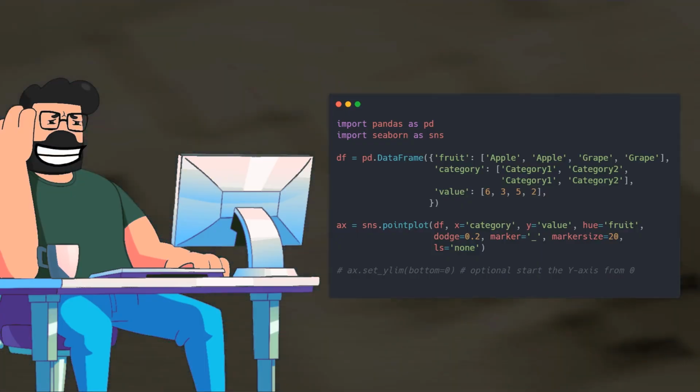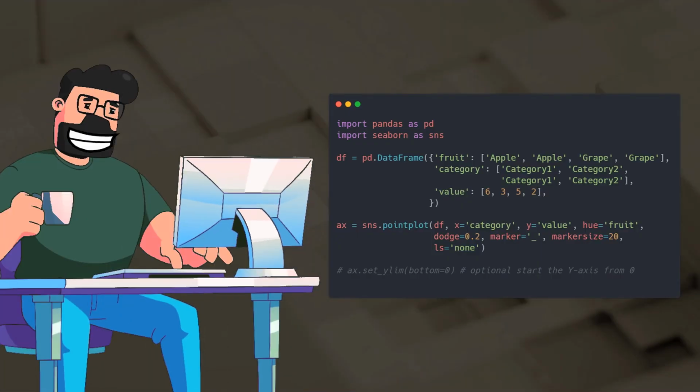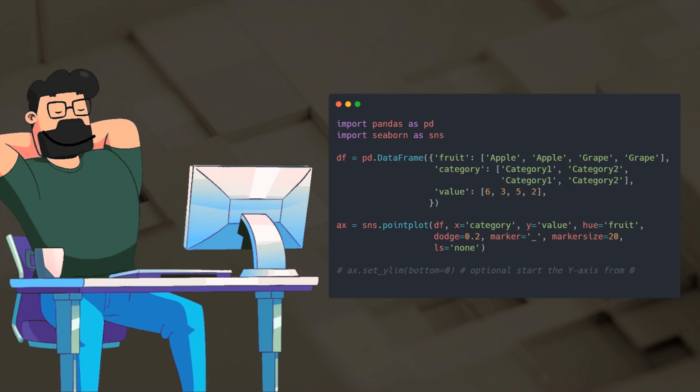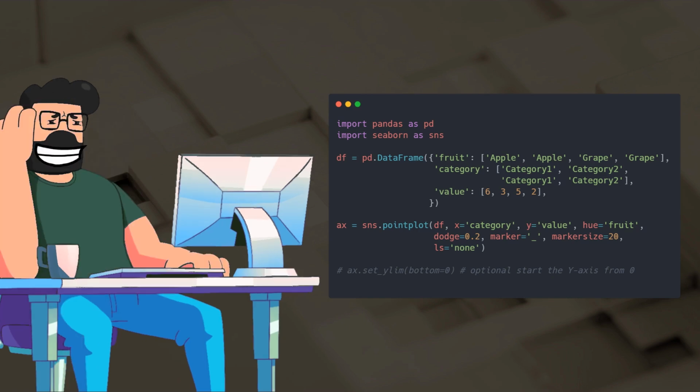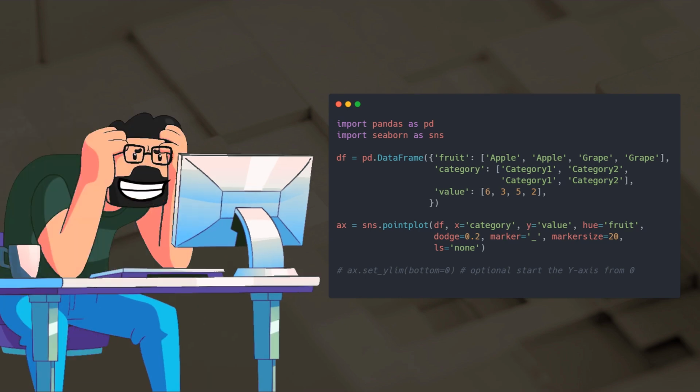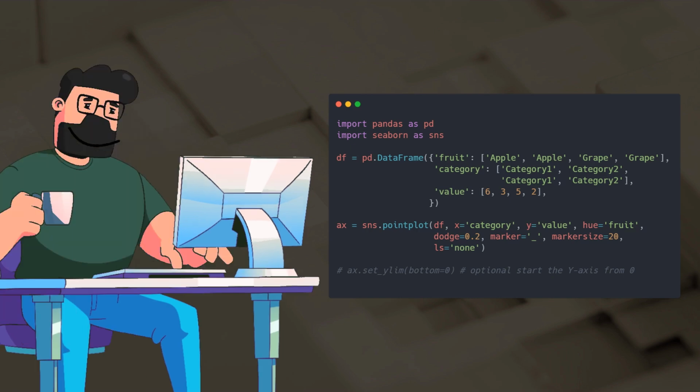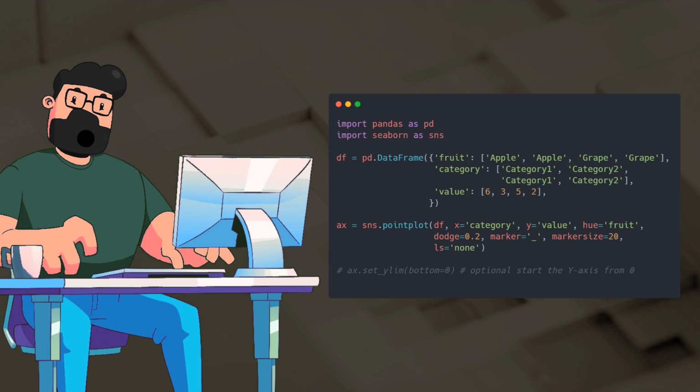In the solution provided, we make use of the Seaborn.pointplot function to generate the desired plot. By setting up a pandas data frame with the relevant data points for apples and grapes in different categories, we can then use sns.pointplot to create a clear and concise representation of the data. The resulting plot showcases the values for each fruit in their respective categories, making it easier to interpret the information